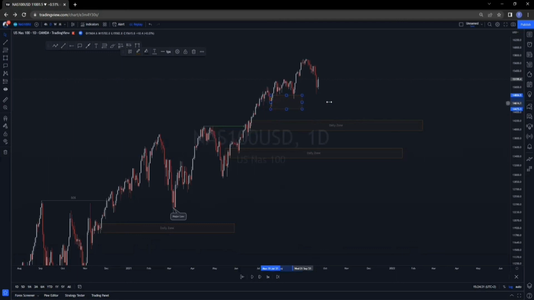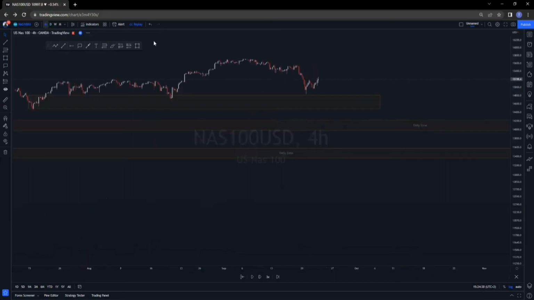So we have a setup here. This is what I'm trying to find out. No, we have an opposing zone here. Liquidity sweep before that. We also have the zone